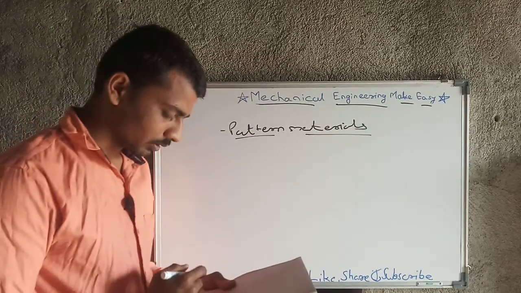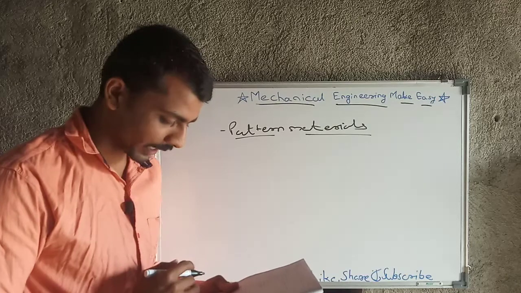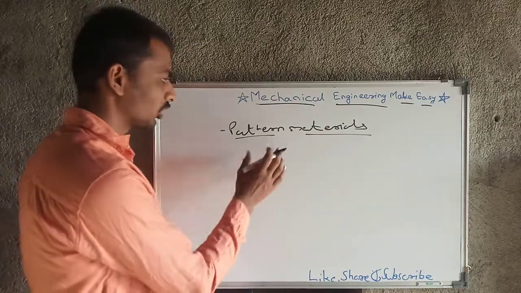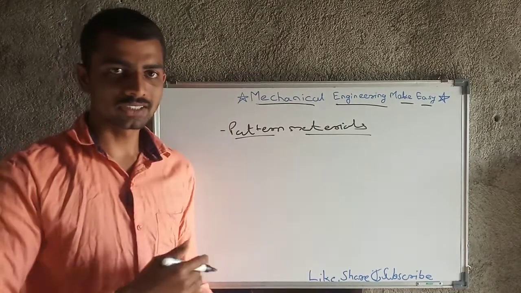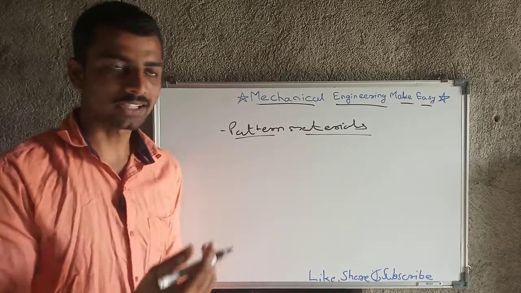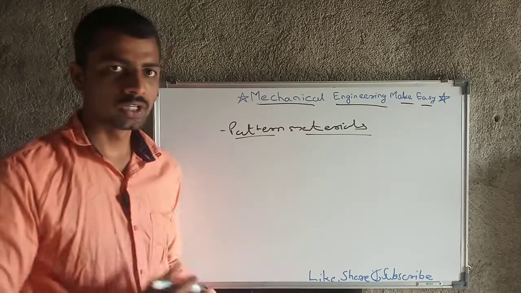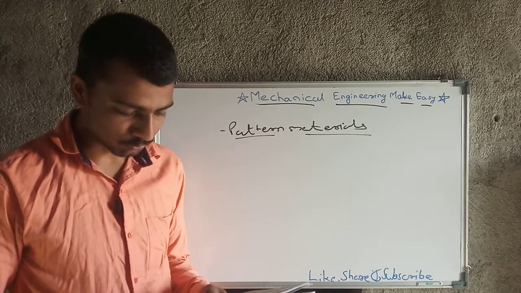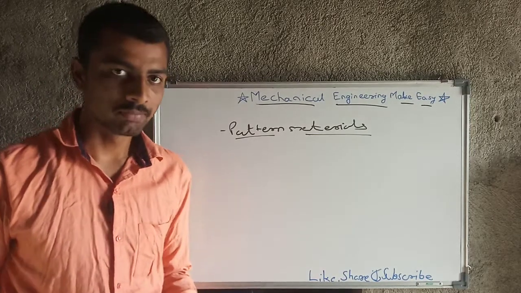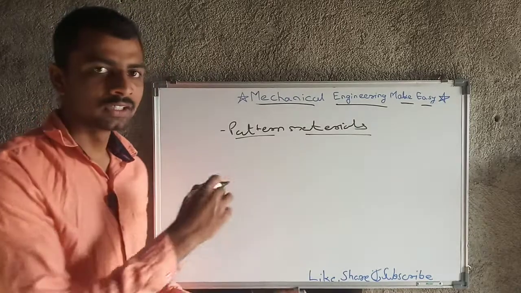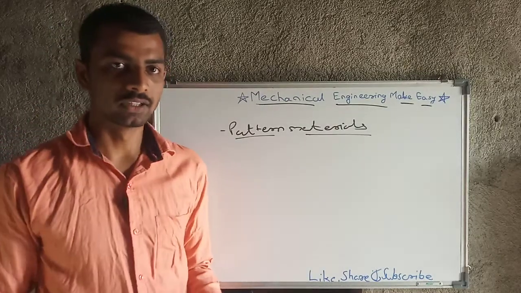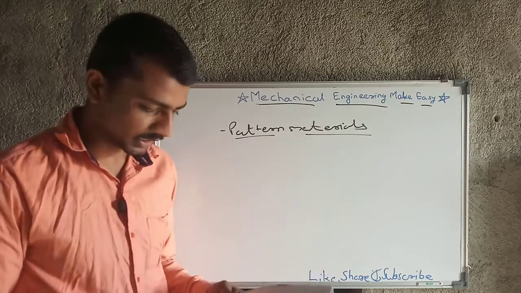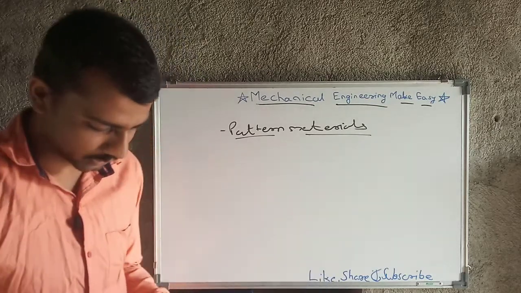Then another factor is the degree of accuracy in dimensions and quality. Depending on the pattern material, the accuracy and the quality of surface finish matter. That's why the pattern material is also a very important thing for casting. Then the next parameter is the method of molding, that is hand or machine molding, meaning which method we prefer while molding. These two methods I may discuss in detail in subsequent lectures.